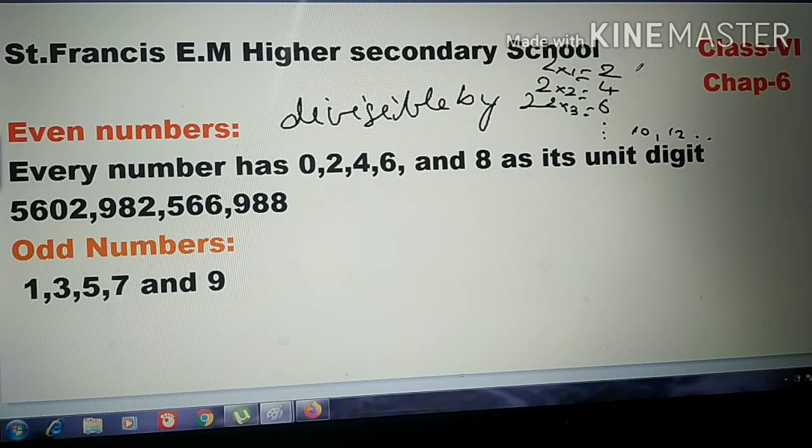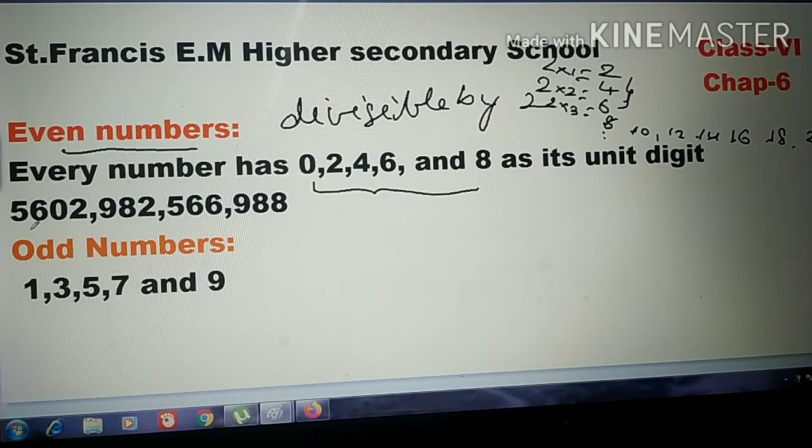At that time, what do you find in the unit digit? All these numbers 2, 4, 6, 8, 10. After that, these numbers repeat, right? 14, next 16, 18, 20, like that. So in the unit digit, if you observe here, 2, 4, 6, 8, 0 are repeating. So whenever a number is divisible by 2, you will find the unit digits are these numbers only. We can call these numbers even numbers.